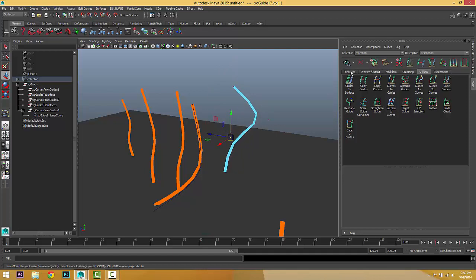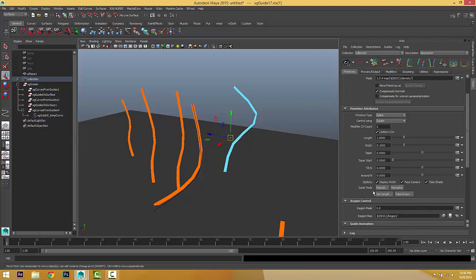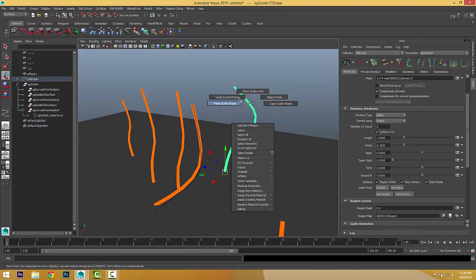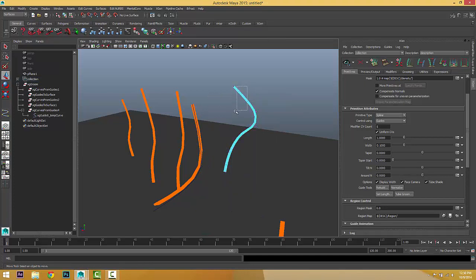it's very simple. Just go to the primitive section, and make sure the guide is selected in object mode. Go to Rebuild and maybe go to 10. Now we've got 10 control points. We just right click and choose Control Points. As you can see, we've got more, so we can create a more detailed shape.